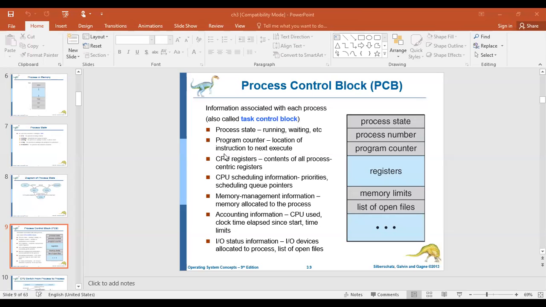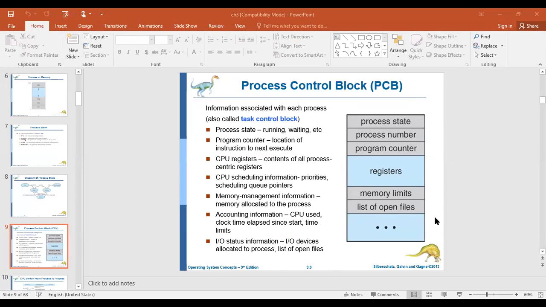Once it has started, it should be in any one of the 5 states. Previously, we discussed the life cycle of the process. The current state of this particular process is stored here, because the system doesn't have any natural intelligence. So it needs to maintain the information regarding each and everything.